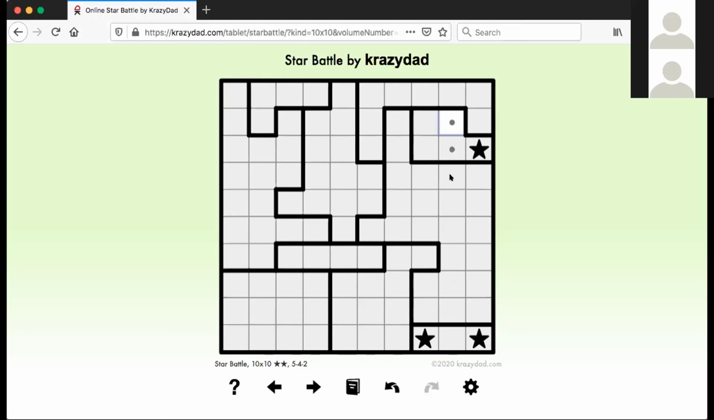So does this seem like it's going to be a harder puzzle than the 8x8? Oh, yeah. There's a lot more possibilities. Okay, I think I might be running out of time, but